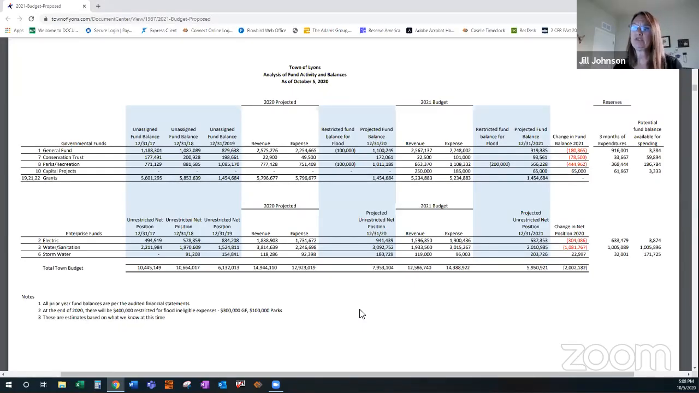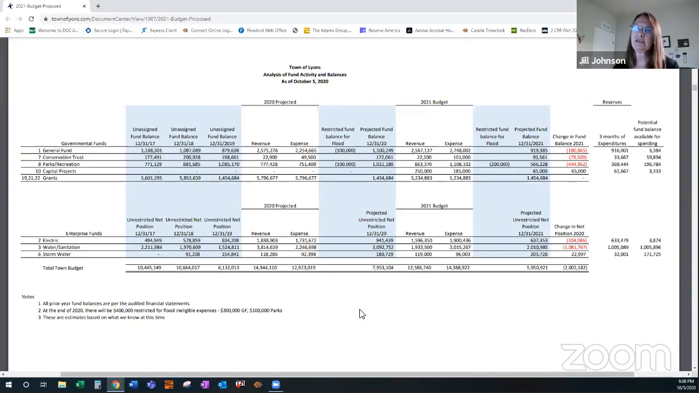So if you remember what reserves are, they're where we've gotten more revenue than we've spent in a year, and it just kind of goes into a bucket. And when we need it for capital or whatever we're going to spend it on, then we can go ahead and appropriate that. Now, by town policy, I don't know that it's an official policy, but best recommended practice